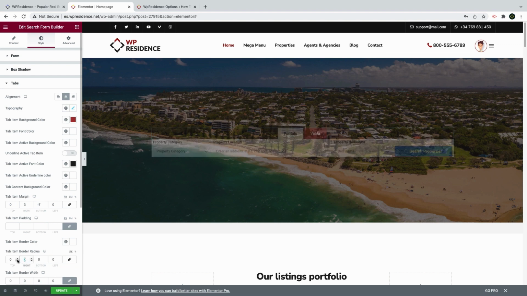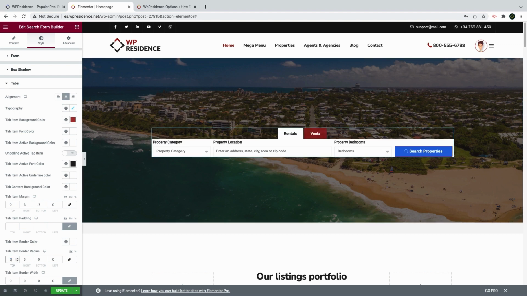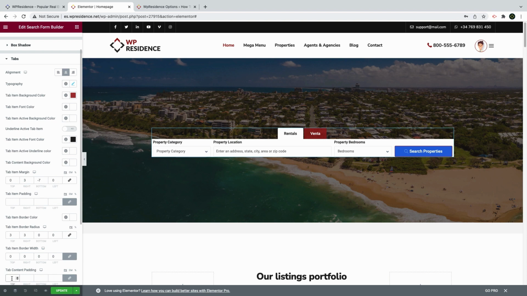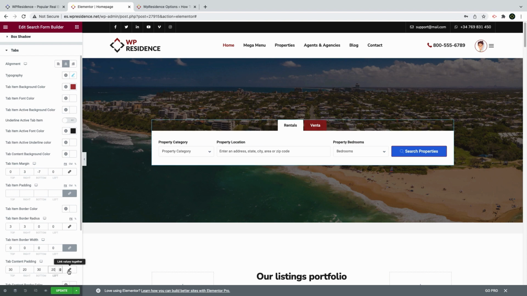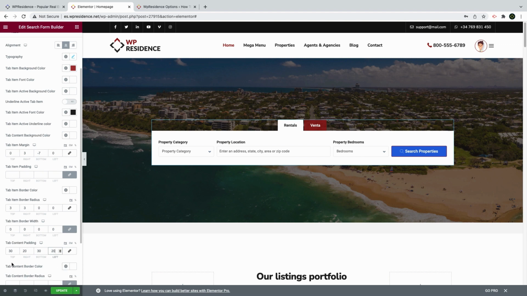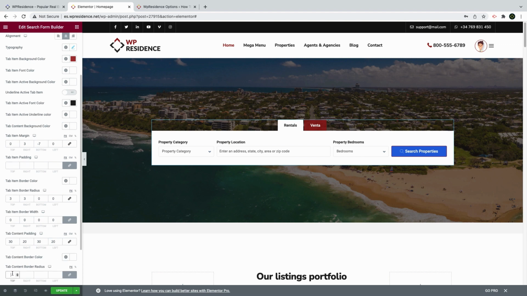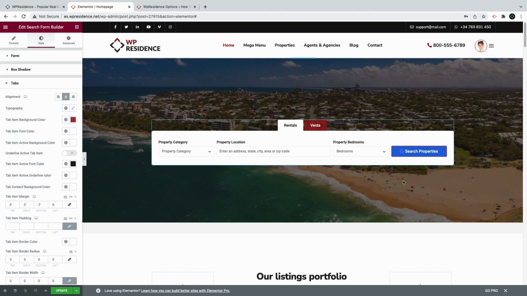Next, we just need to change the border radius a little bit and add only top right and top left so it fits nicely. And lastly, we will add some padding so there is more room between the fields. And voila! And next, I just want to change the color of the search button as well to match my